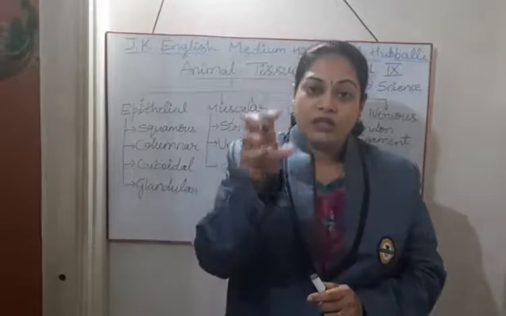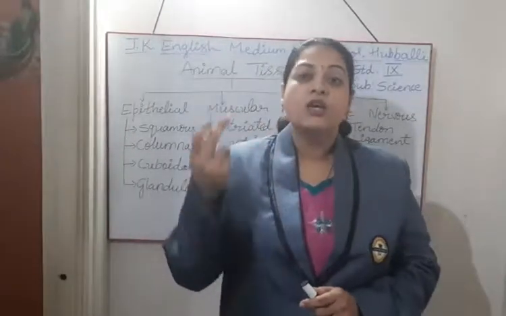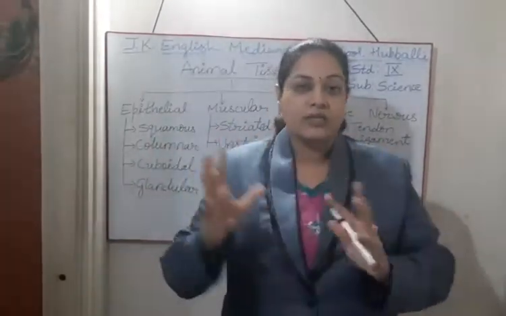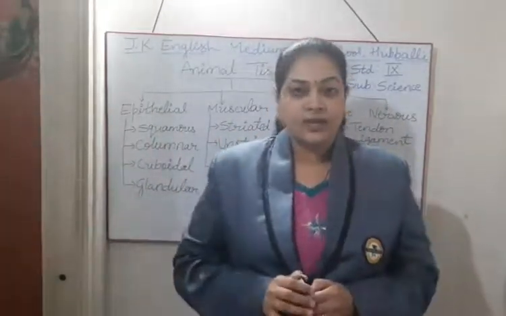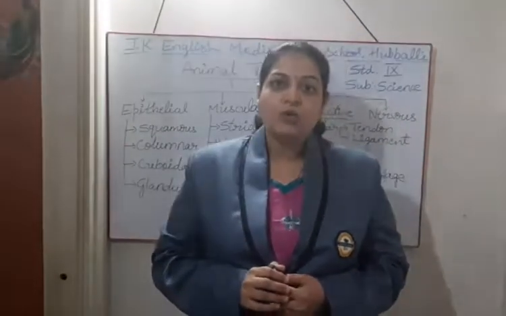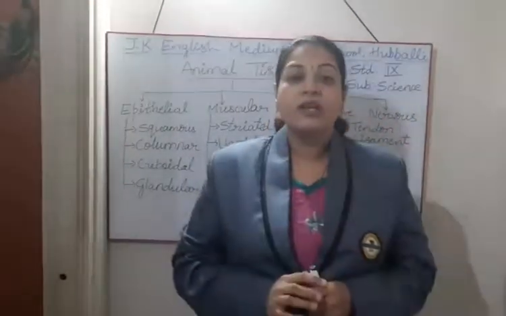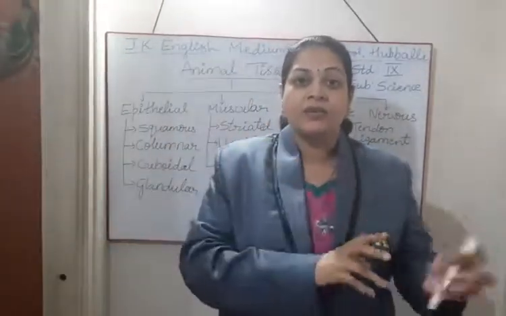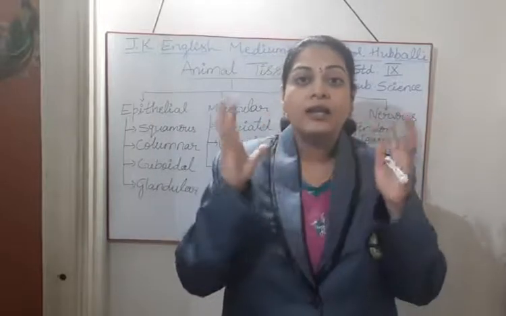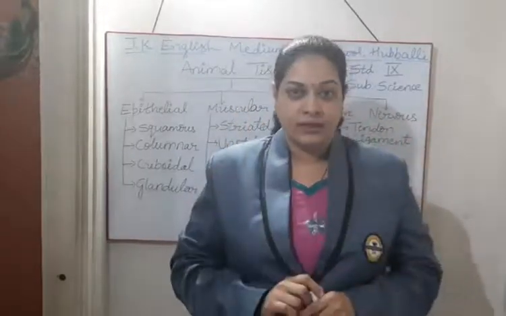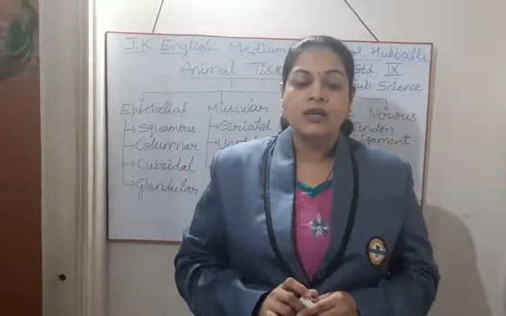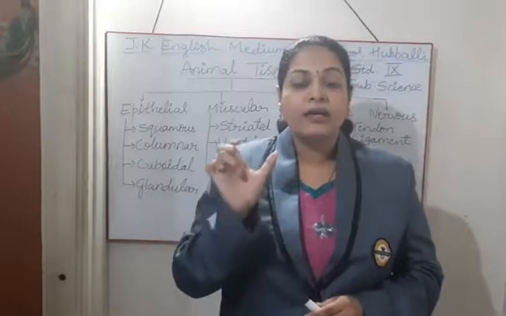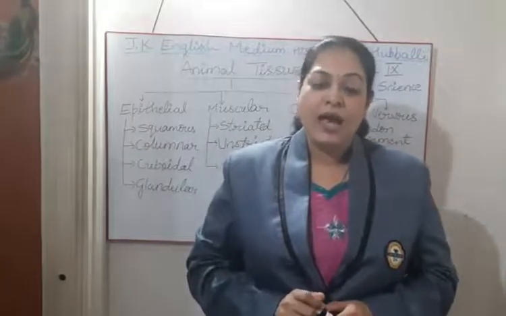Right? Now in the cells, carbon dioxide is there, waste materials are there. All that again blood will carry to the respective parts and the excretion takes place. So what I want to say is, see the connection in our body: digestive system, respiratory system, excretory, it may be the circulatory system, all are interconnected with each other. So like this, we find the animal body. That is why we get many types of tissues in case of animals.